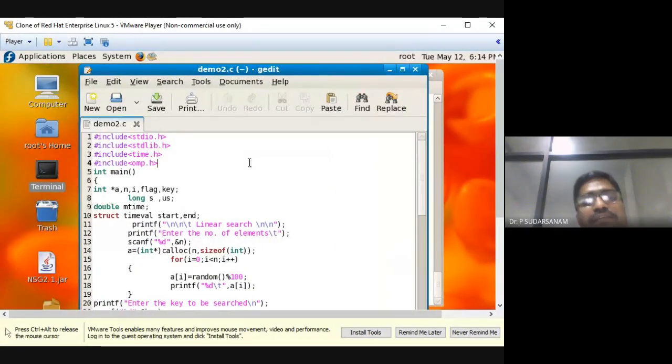Now I have done it for the linear search. You have to do the same concept for the binary search.